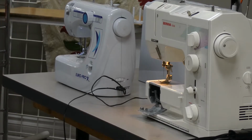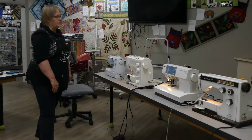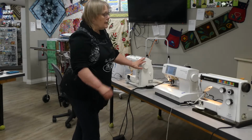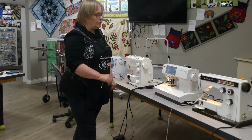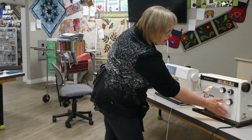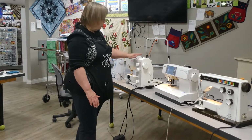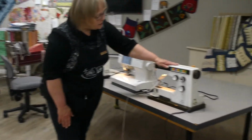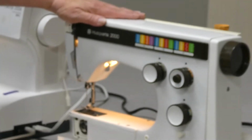So you've got your machine turned on, and now you're looking to see, okay, what are my basic things that these machines are going to tell me? So the first thing we want to look at is the machine is pretty much going to tell you what it can do. And you're going to look either on the front surface of the machine or the top area of the machine, and that's going to give you an idea of the kinds of stitches that this machine can make. So on this Husqvarna 2000, we have a whole listing of some utility stitches that could be used,